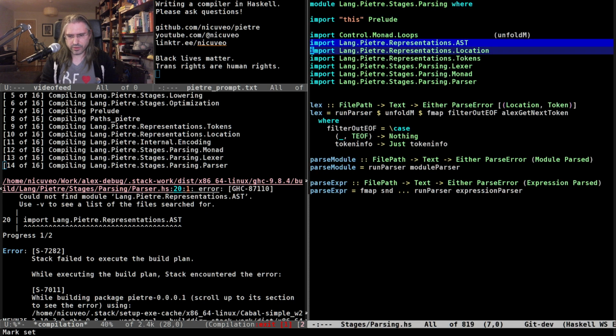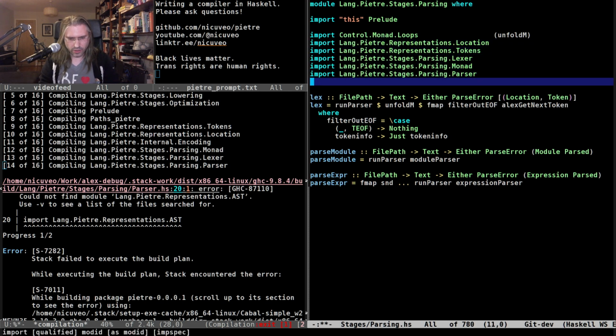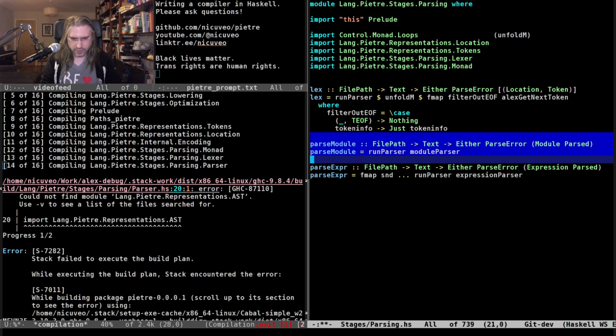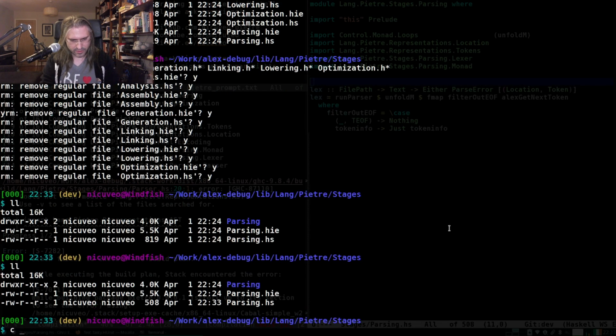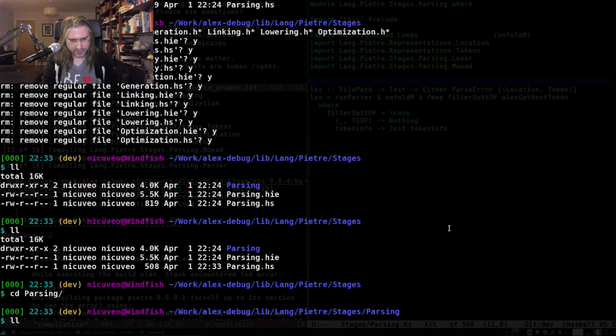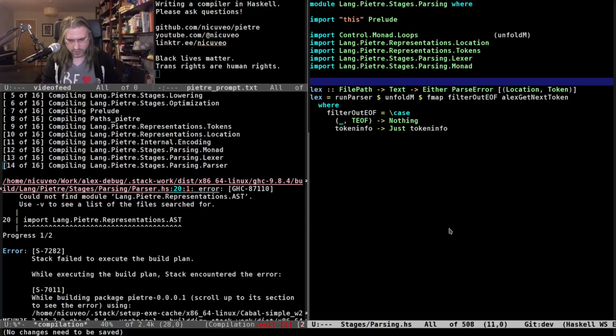Parsing, I'm not gonna import the AST anymore. This is the right folder. Because I don't want the parser and I don't want this. I only want the Lex thing that only parses, that only calls Alex. Perfect. And now in parsing, I can remove parser.y and